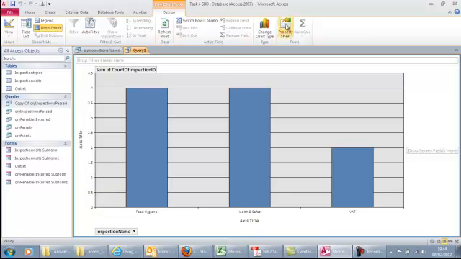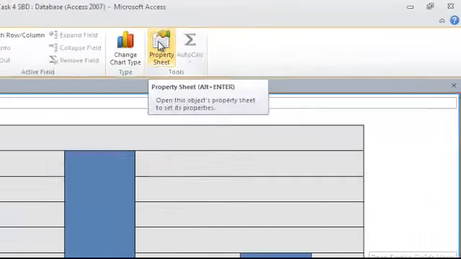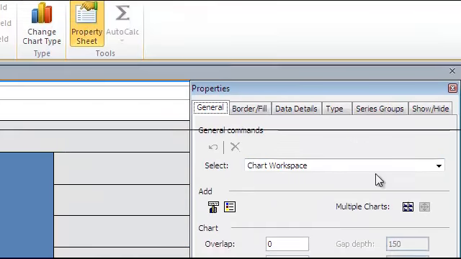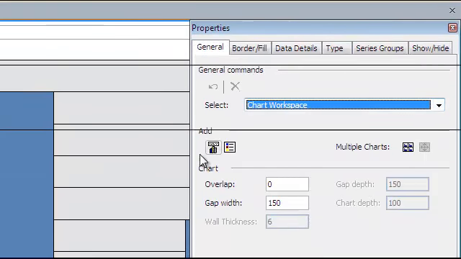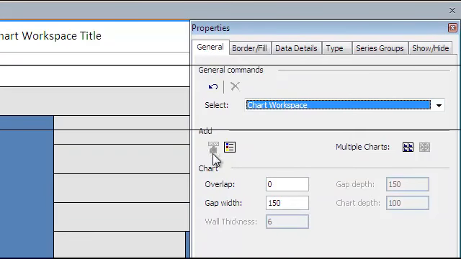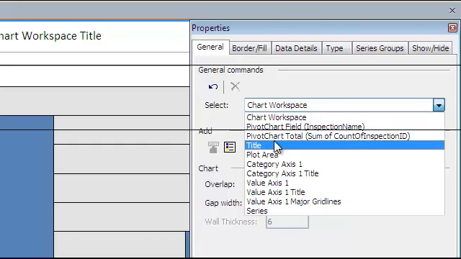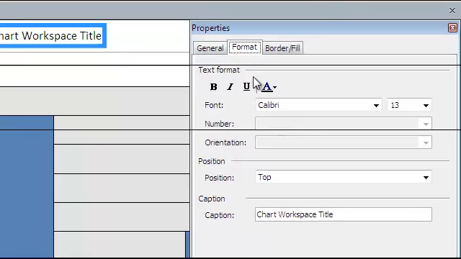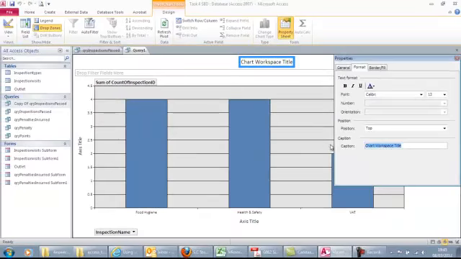Basically, to format this graph to add things like X and Y labels and a title, go to the property sheet. I'm only going to show some of these, you need to figure some of them out yourself. First thing I do when I click on the property sheet, I'm in chart workspace, which is where I want to be, is add a title. So if I click on add title here, now what I want to do is click on the title because I want to add it. If I click on format, it comes up with space, so this is